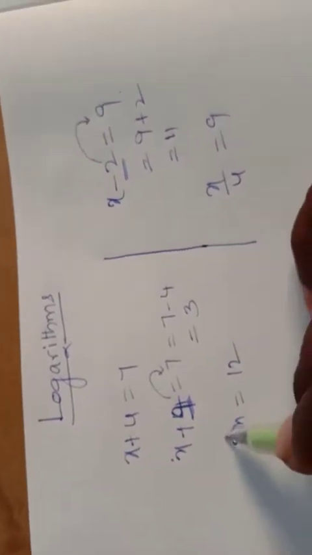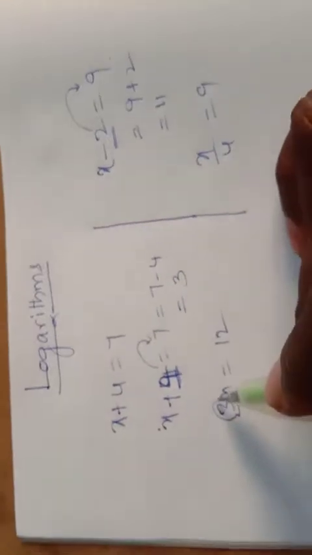In third case, 3x equal to 12. Here 3 is the coefficient of x, and take it the right hand side, it will become the denominator. 12 by 3, 4. 3 ones are 3, 3 fours are 12. In fourth case, on cross multiplication, we get 9 fours are 36.